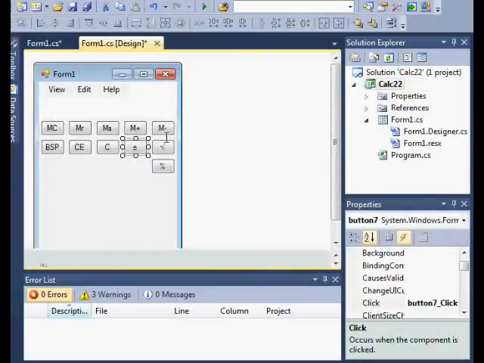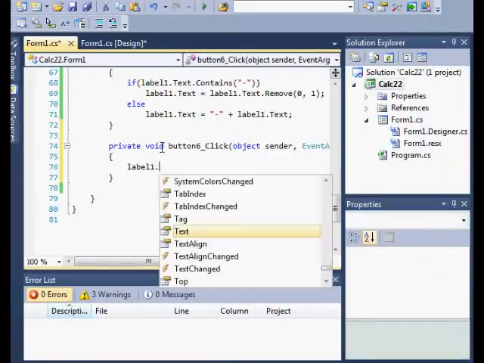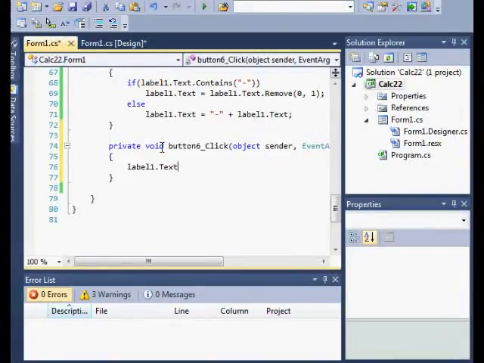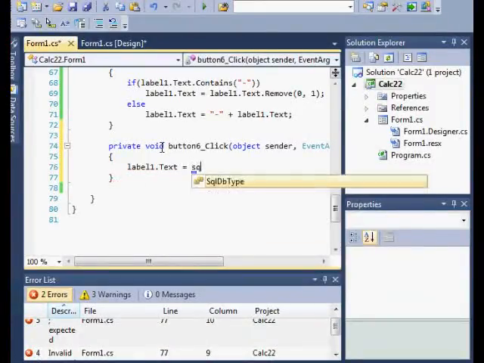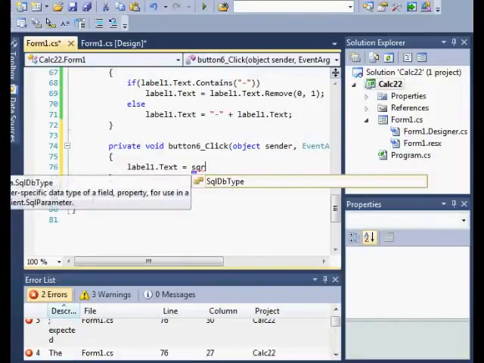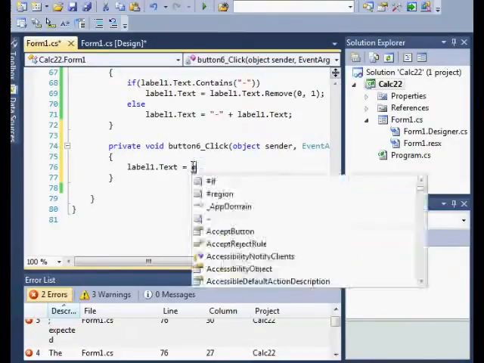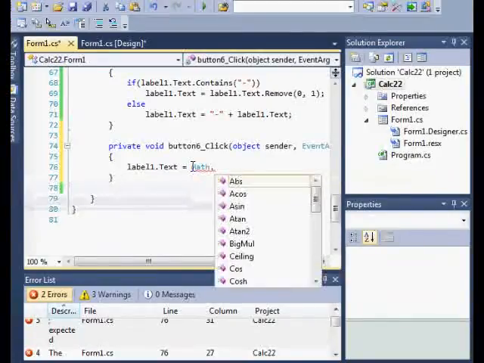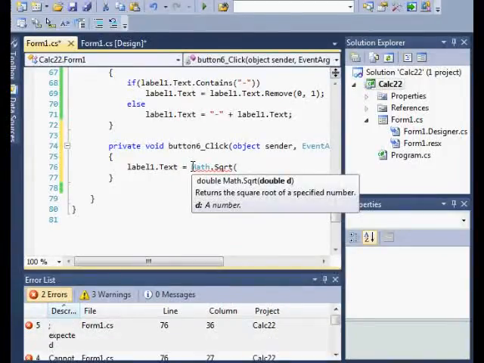Okay, our next button is the square root. This one right there. We shall say label1.text is equal to... square root already has a function, rather a method. It's called square root under the math method. So Math.Sqrt, square root of